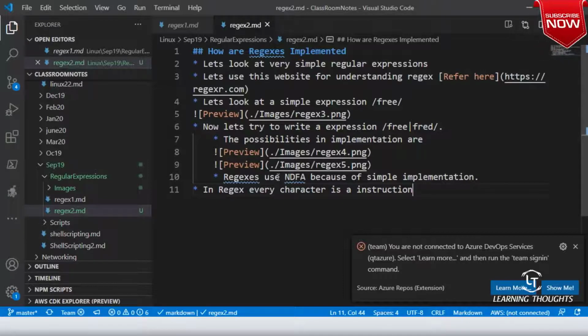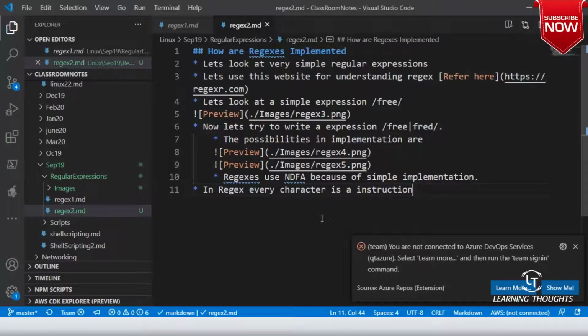Now, it might sound as if regular expressions are very easy implementation choices, but in reality, that is not true. In reality, that is not true. Okay. So shall we try one more complicated example? Because I want you to understand this concept very well. I want you to understand this concept very well.